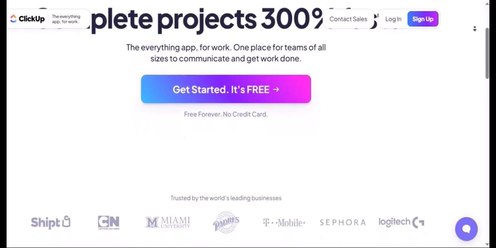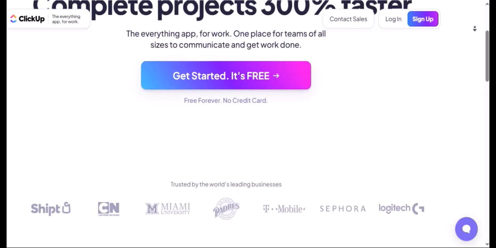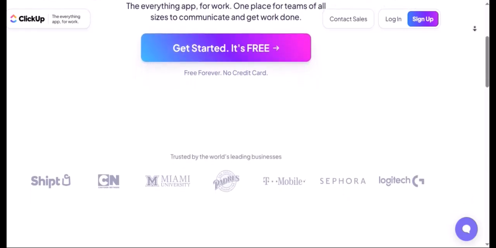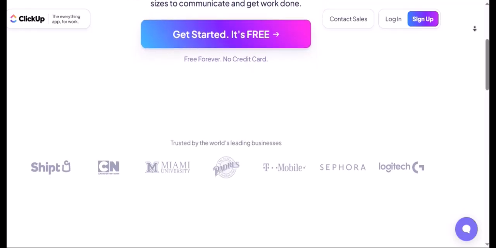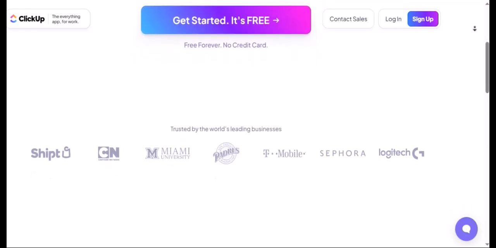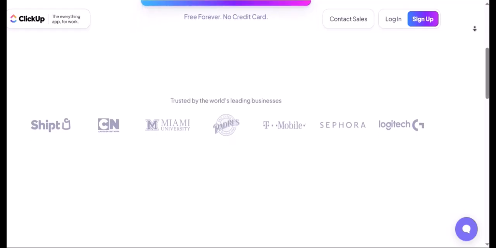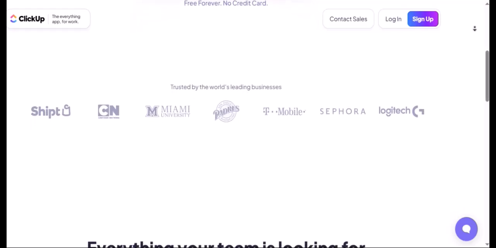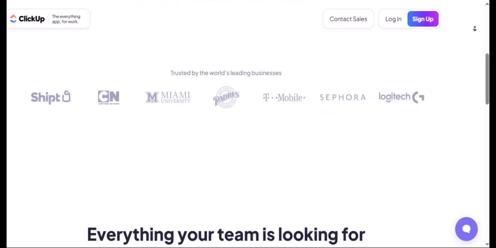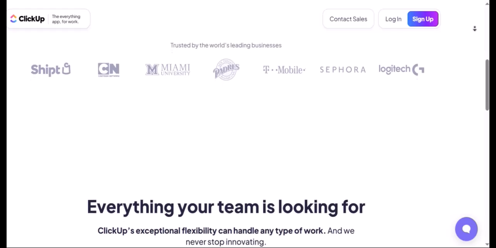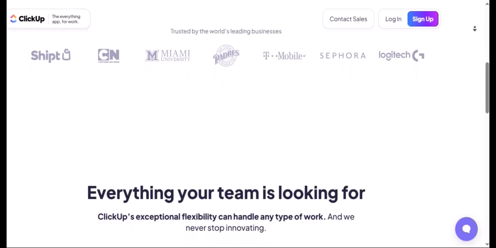Custom fields, your data hub. This is where ClickUp truly shines for CRM. You can create custom fields for virtually any piece of client data you need. Contact information: email, phone, company, role, website. Sales pipeline: deal stage, e.g., prospect, qualified, proposal sent, negotiation, closed won/lost, deal